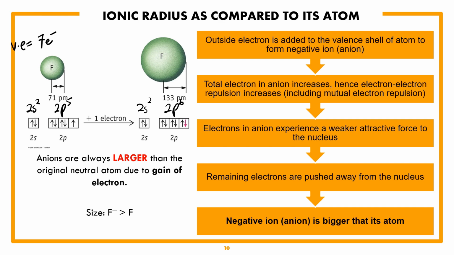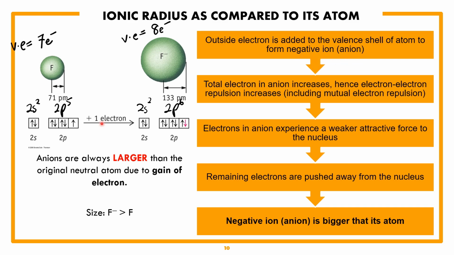So here, by receiving 1 electron, the total number of electrons at valence configuration of F- will be 8 electrons. So any outside electron is added to the valence shell of atom to form negative ion,